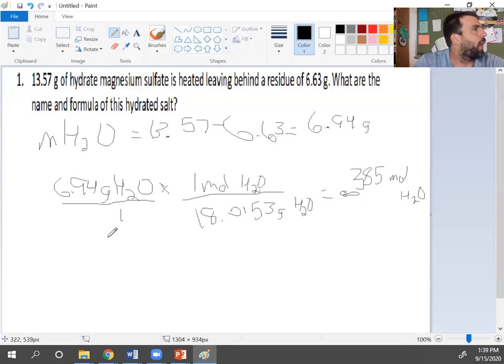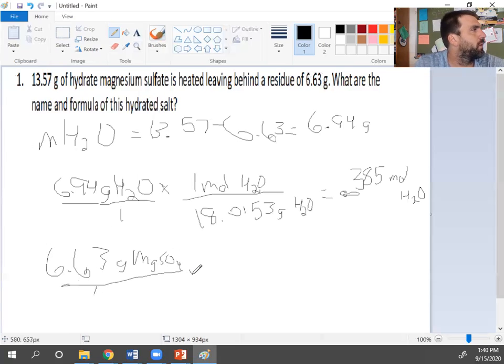All right, my next thing, I need to determine the number of moles of magnesium sulfate, correct? So what am I going to start with? How many grams of that do I have? You do it the same way, but how many grams do I have? What's left, because the first was magnesium sulfate and water. This is just your magnesium sulfate. So 6.63 grams MgSO4